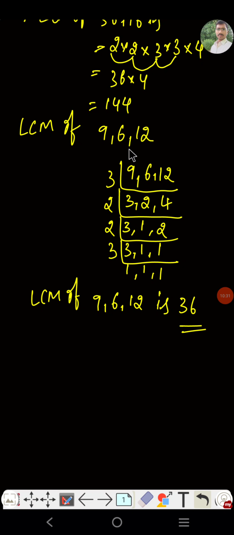Yes. So in the next class we will discuss the relationship between LCM and HCF of the given two numbers, the relationship among all these 4 things here. In the next class we will discuss that. Okay, thank you.